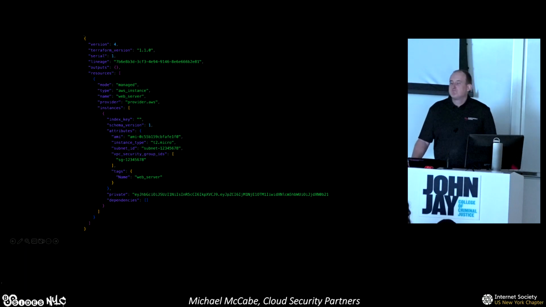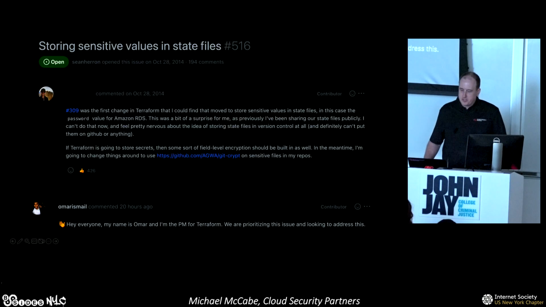If you're running open source and you have this on Jenkins, or if you have this backed to S3, now all your secrets are sitting in whatever you're having your Terraform state backed up to, which is obviously a pretty big issue.